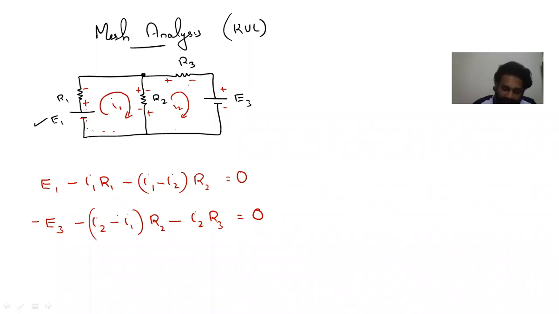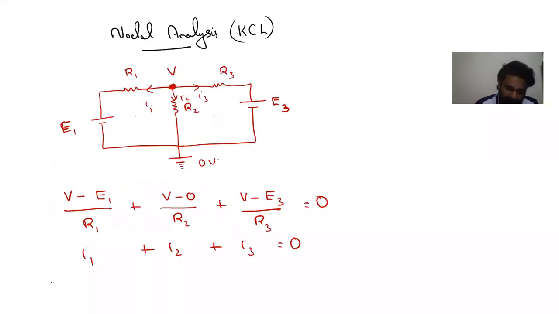Now second equation, I start again in the clockwise direction. E3 plus minus in the direction of current clockwise. This polarity is like this, plus minus. So I took minus E3, then minus. When I come to this R2, I consider I2 is greater than I1. So I2 minus I1 into R2. Then minus I2 R3. Two equations are there. Now if we solve them, we will be getting the answers. Is it clear, Bharat? Now let us see, okay, we will see examples.